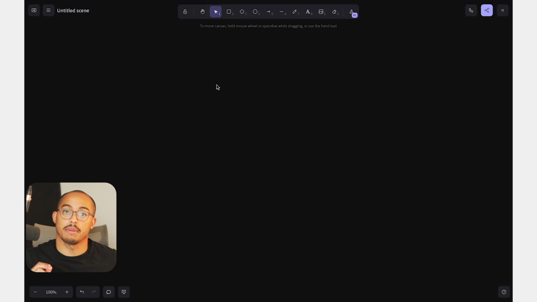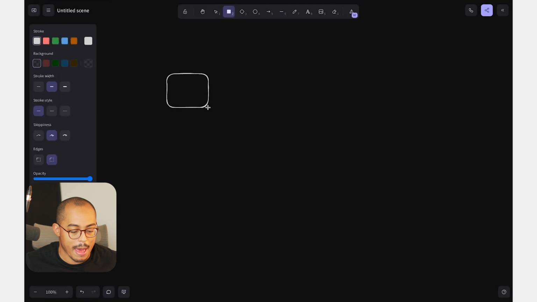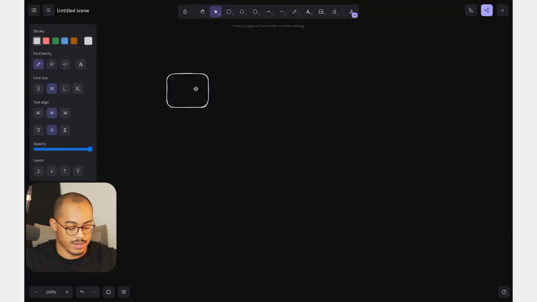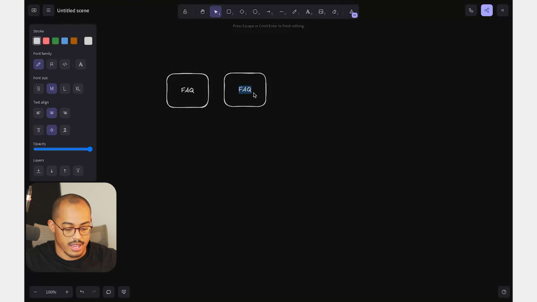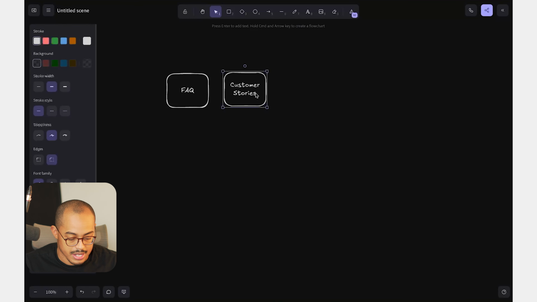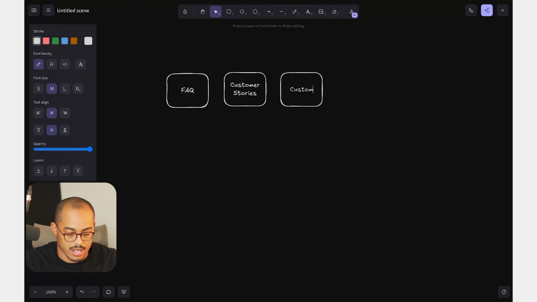pinpoint the exact documentation that you're going to upload into the knowledge base. So you just want to hop into some type of drawing tool and just map out what type of documents, what type of questions, what type of answers your customers or clients are going to be asking. So in this case, let's just say that we want to provide some FAQ information, some frequently asked questions. Maybe we also want to provide customer stories, and maybe we also want to provide some customer support documentation